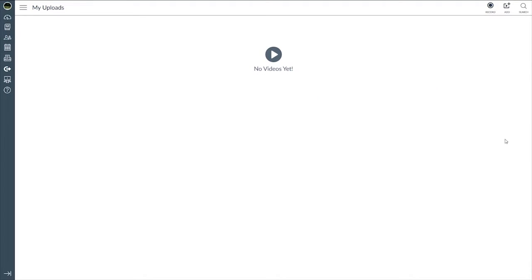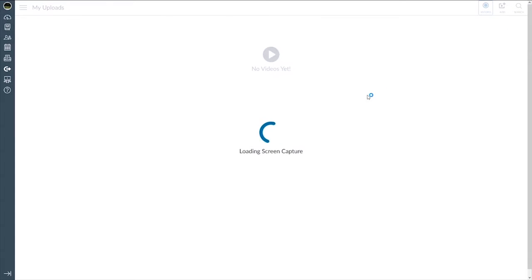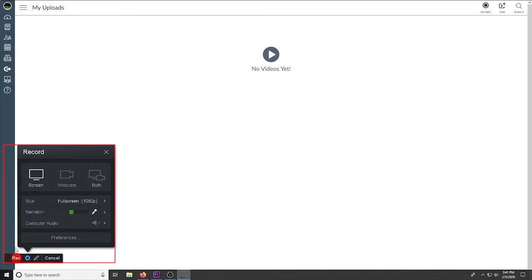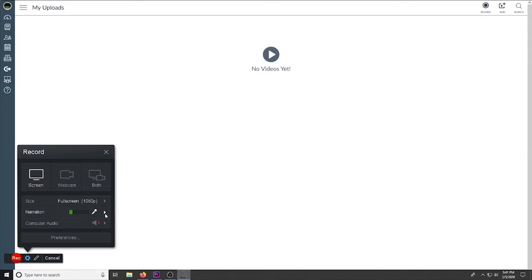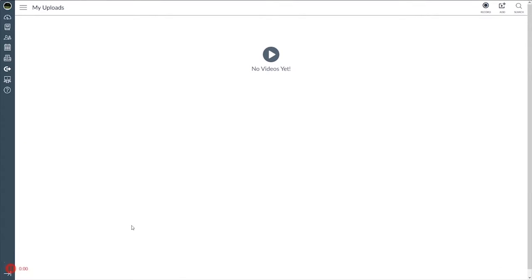Canvas. After everything is set up, just go back to the record button, screen capture, and then you'll be presented with the recording box. Here, for narration, you can select the microphone you'll be using to record audio. You can also choose if you want to record the screen, the webcam if you have one attached, or both. Then after that, hit record,